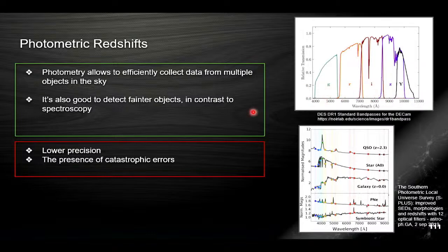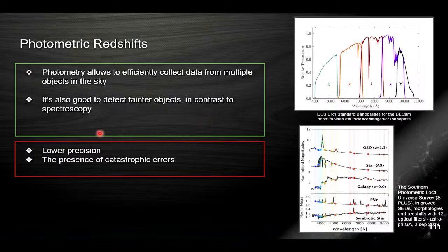With these 5 bands, you would represent 5 points in flux, 5 points in this spectra here. You can estimate the redshift using machine learning or deep learning, as we're going to see today. Okay, so here is a plot for an S-PLUS survey. So here you have 12 points. So you can probably already see that this should be better than having 5 points, and it will